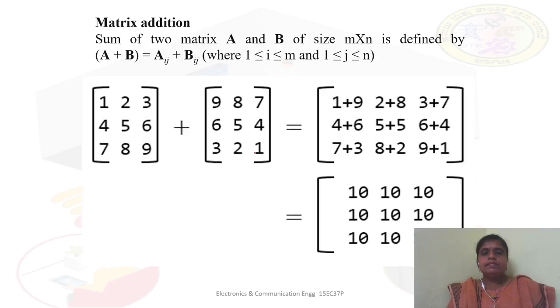So this is the basic concept about how we go for the matrix addition. When we declare the two matrices, the sizes should be the same. Now how does the addition start? 1 is added with 9, and it is stored as the first element. The first element of matrix A and the first element of matrix B are stored in the first element of the resultant matrix. In the same way, the second element is added with the second element of matrix 2, and it is stored at the second location of the resultant matrix, and so on.